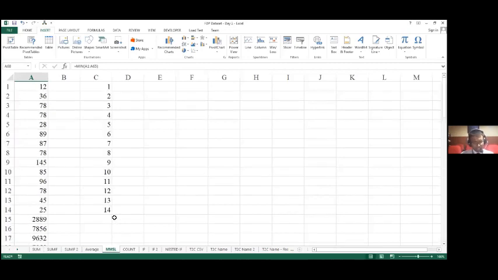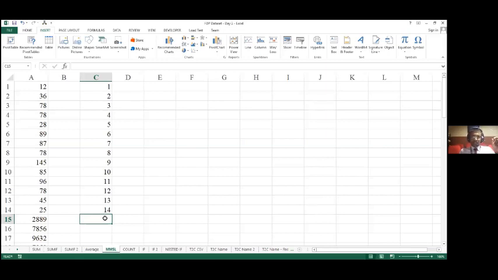Now, along with this, we are going to learn two other formulas, which we had discussed. That is small and large. Max and min help us to find out the largest and the smallest number.